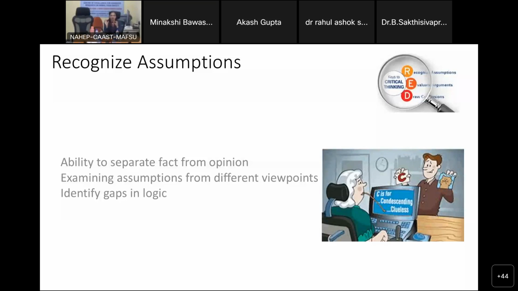So we have certain opinions and certain facts with us, and then we check the assumptions and the viewpoints that we are making. So there is a gap between fact and opinion. So is that gap, what we are filling in, logical or not? If it is not logical, then of course we cannot. It has to be logical.